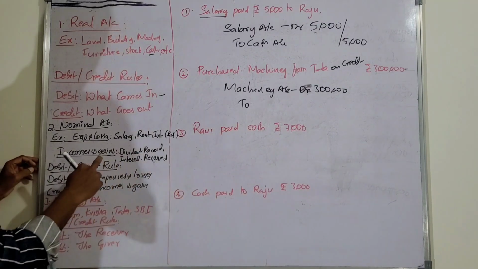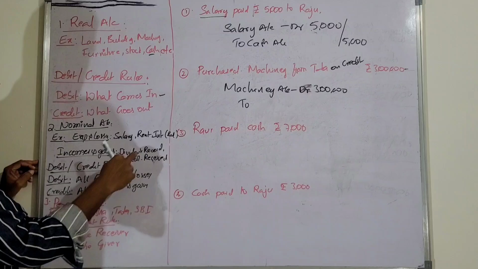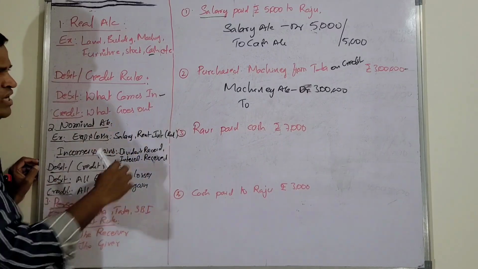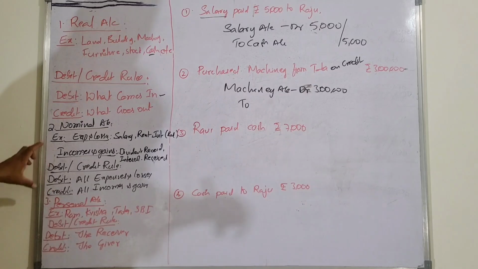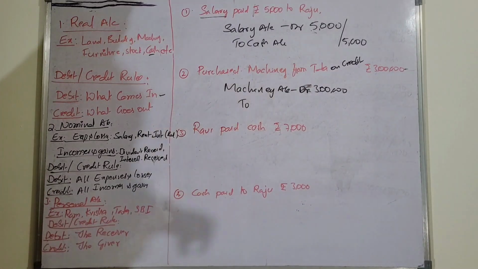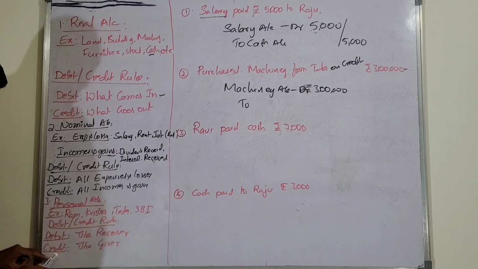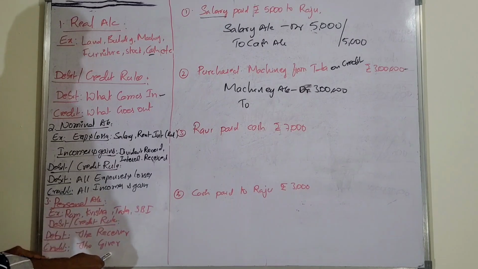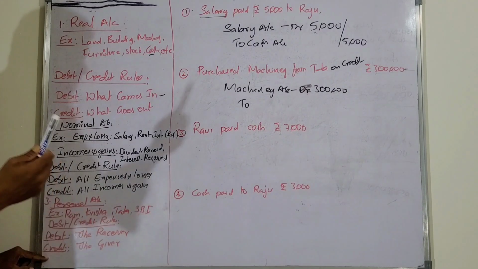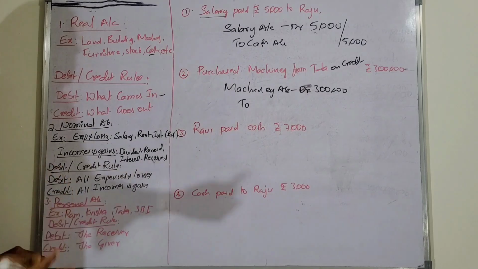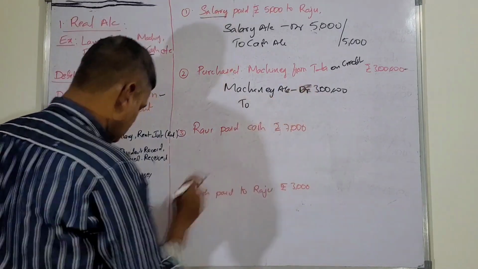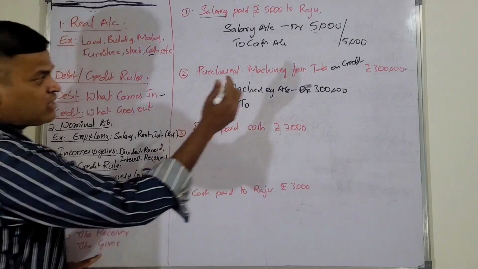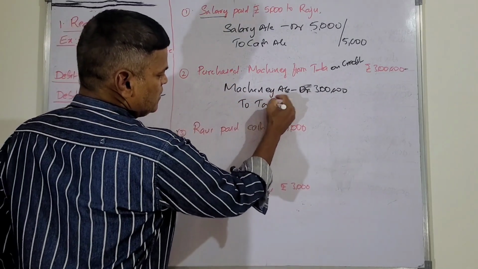So we know the examples of incomes and gains: dividend received, rent received, interest received, like that. In this transaction, is any income there? No, we are not getting the answer in nominal account. Then we have to check according to personal account. According to personal account, when we have to write credit, credit the giver. Who is giving? The giving person may be a natural person or an artificial person, right? Here, who is giving the benefit? Tata. Hence, we can write down Tata account,